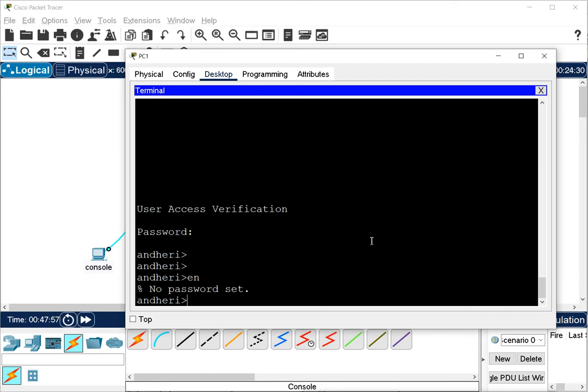Now what does that mean? That means there is no password set. Remember, there is no password set because when we try to connect from the console port, it was not asking any password because there is no password. But here it is not allowing me to go to the privilege mode. And if I cannot go to privilege mode, remember I cannot go to config mode also.